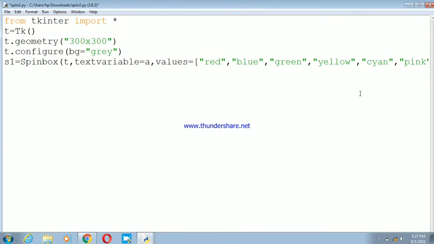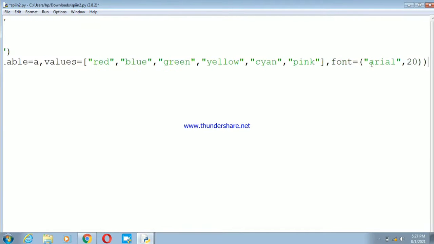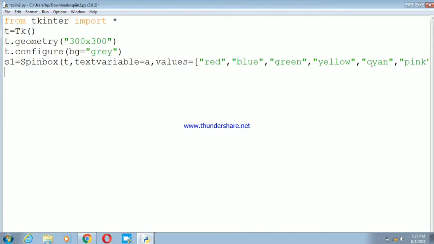After we have defined the Spinbox, we are going to add it as a container in the main Tkinter window, and we are going to add one button. When we click on that button, the background color of the Tkinter window will be set according to the value given in the Spinbox widget. If the value given is pink, the background color will be set to pink. If the value is green, the background color will be set to green.